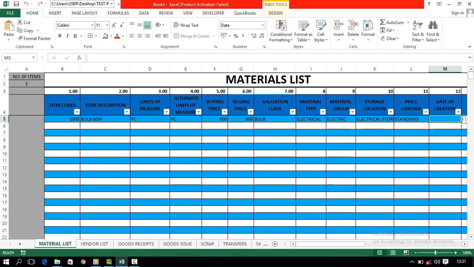So date of creation is the day that the item came for the very first time into your store, so you maintain the date as well. Date of creation, we could say 7/11/2018, trying to be very fast. Okay, let us assume that this item is being